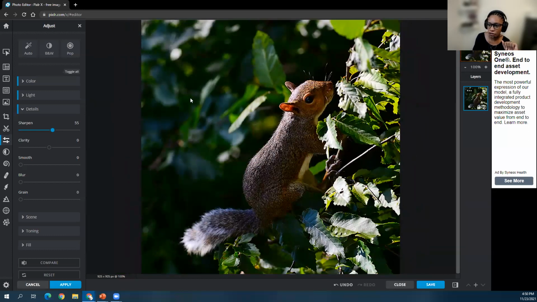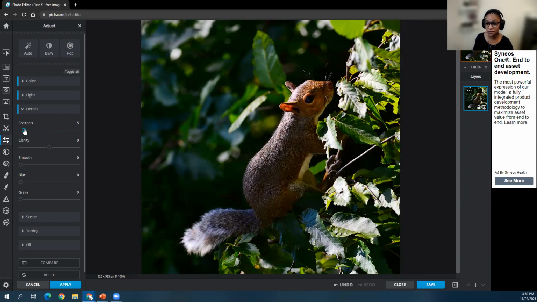I'll show you that at 100% so you can see again. I'm going to go down. Now it just looks like fur on the squirrel's back. But as we sharpen it, it gets sharper and sharper until it starts to not even look like fur to me. So you want to be careful with that sharpen tool, but it is very cool and very useful,